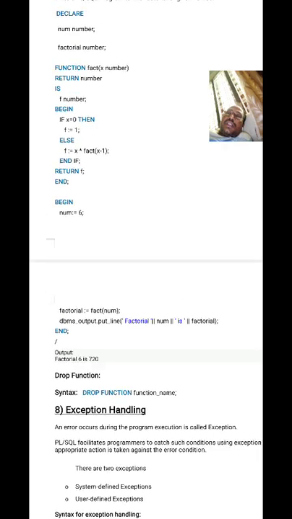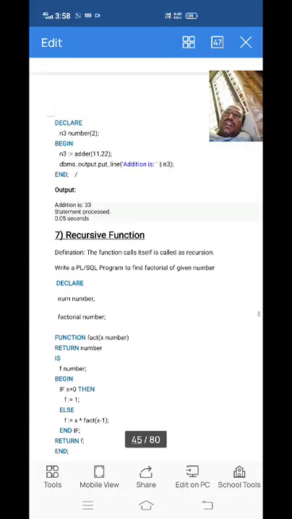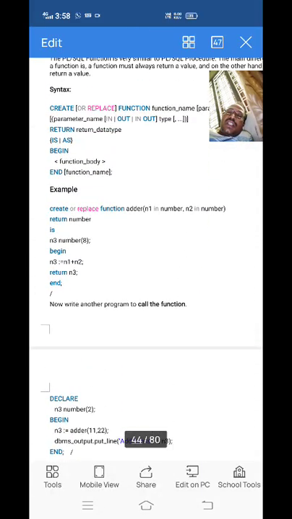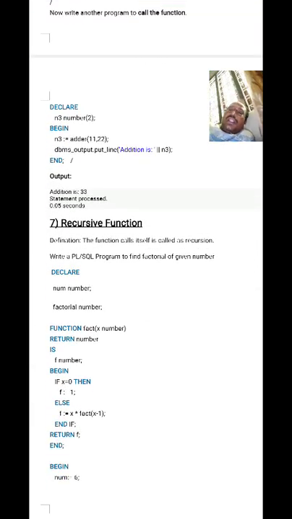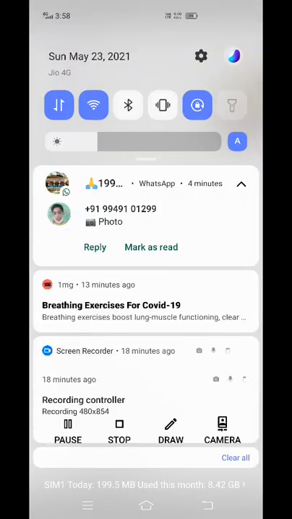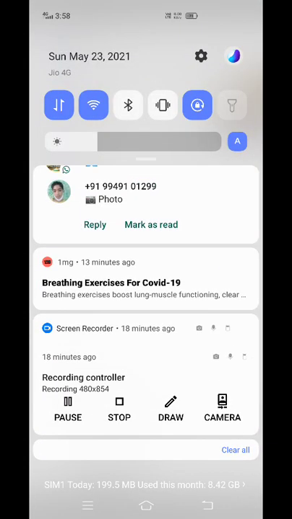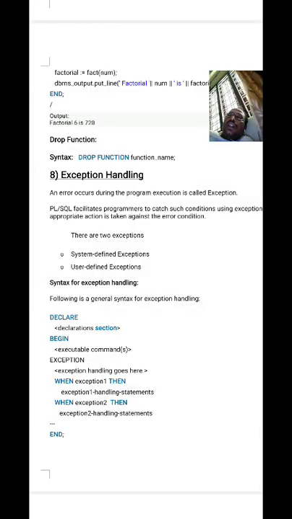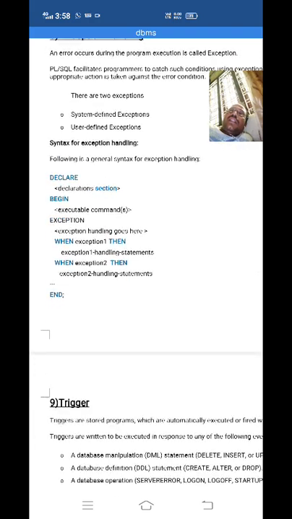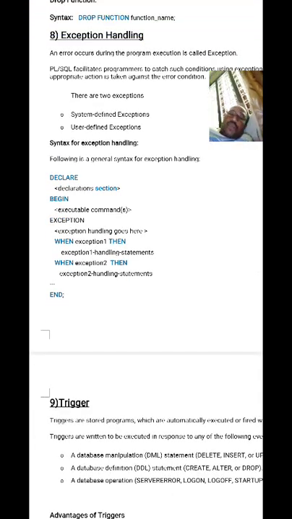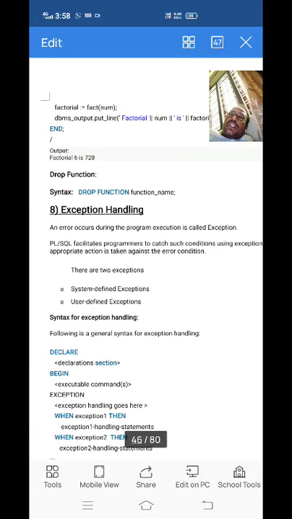Yes. So these are the normal function and function types, the recursion function, right? So these are the functions we can generally use in PLSQL, right? Next, another small concept that we'll try to finish. I think you understood the functions.